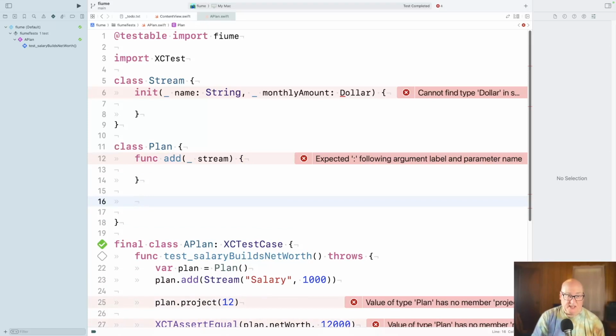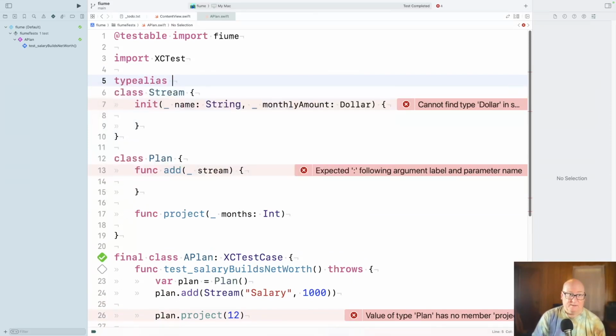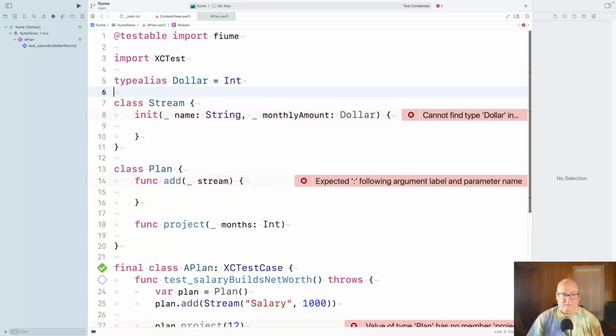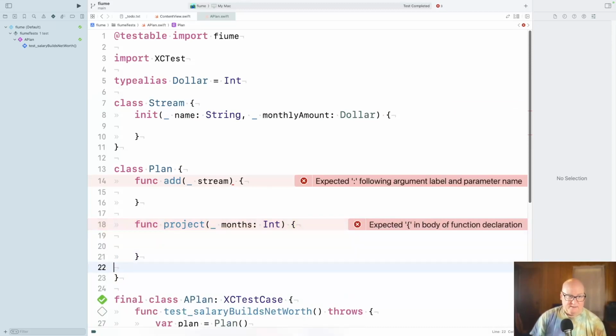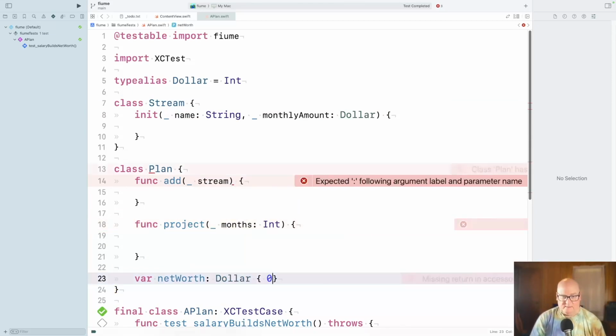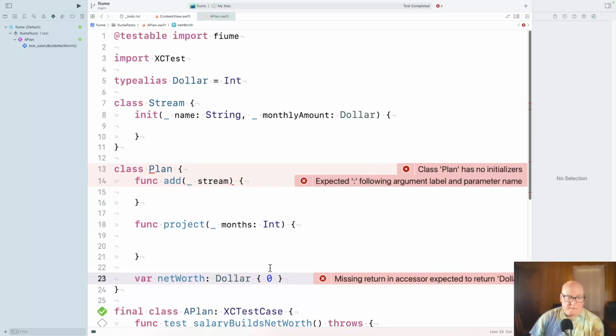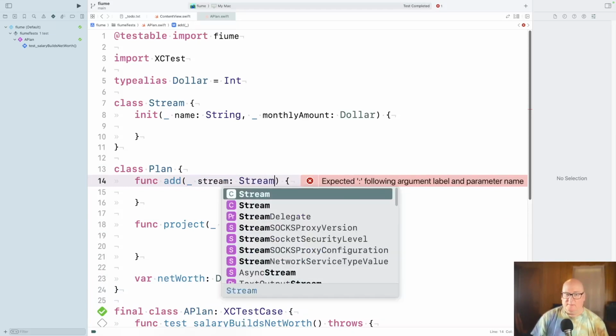And then we had a project method, which I kind of think is not right. Months of int. Oh, I didn't define dollar. We'll just make it a type alias for now. Add, project does something. And then net worth is dollars, 0. Oh, stream of stream.